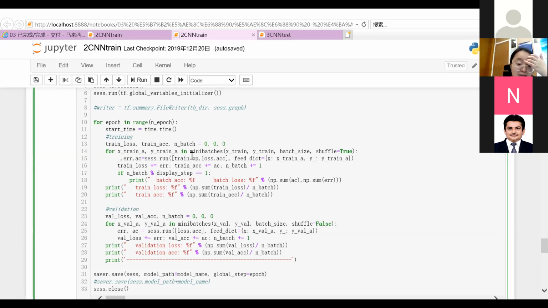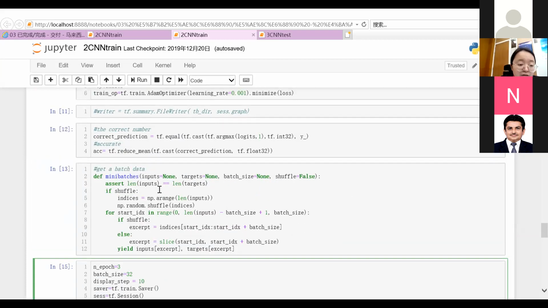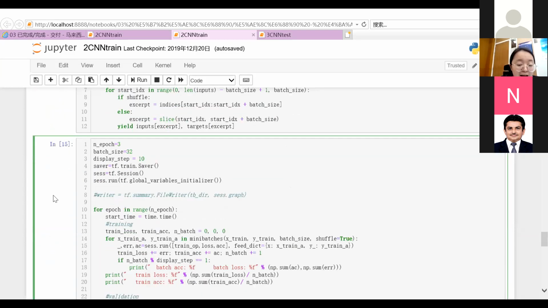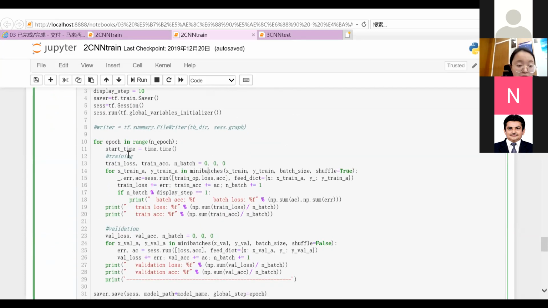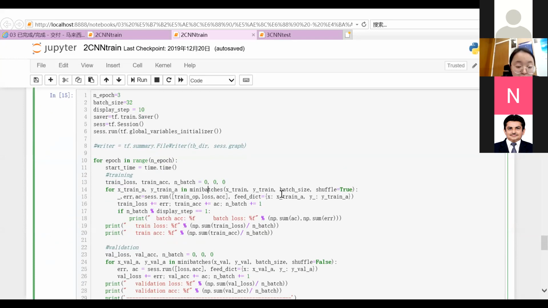And then we start the training, and we use this function mini batches to get a batch of data. So the batch size equal to 32 would get 32 samples from the training data set, that is X train and Y train,